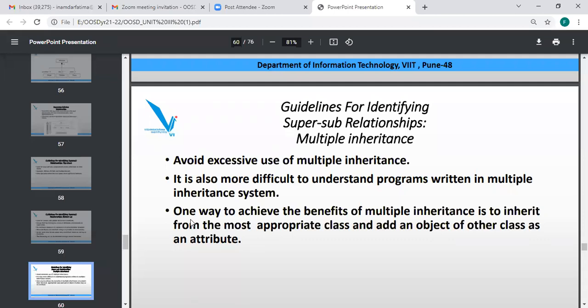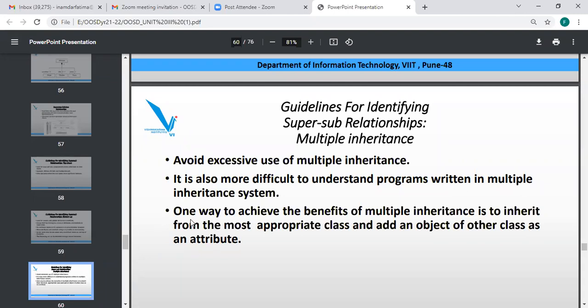The most important part is to avoid excessive use of multiple inheritance in the class diagram. It is also more difficult to understand programs written with multiple inheritance, which is why we avoid it.